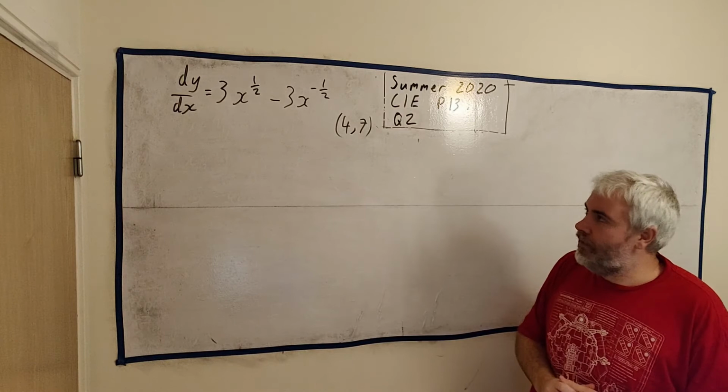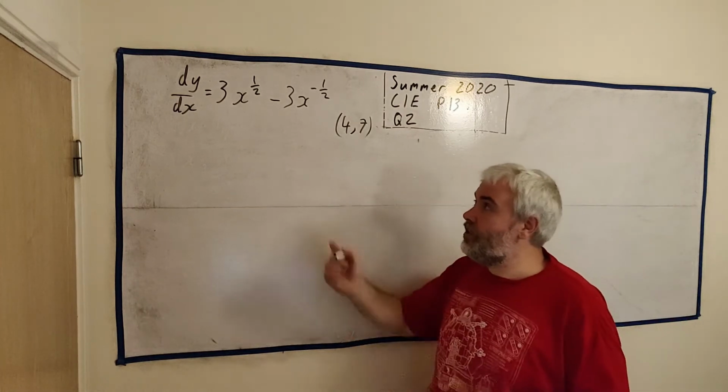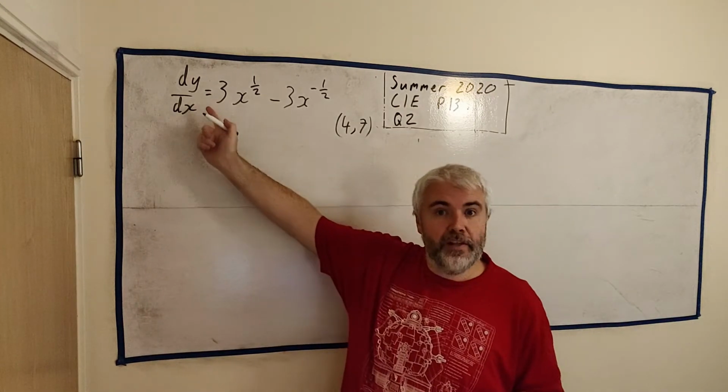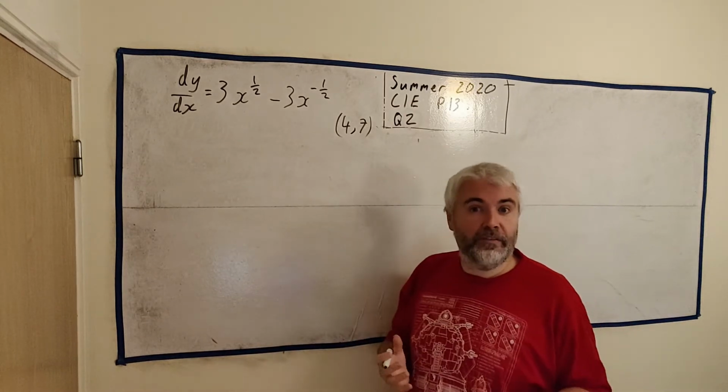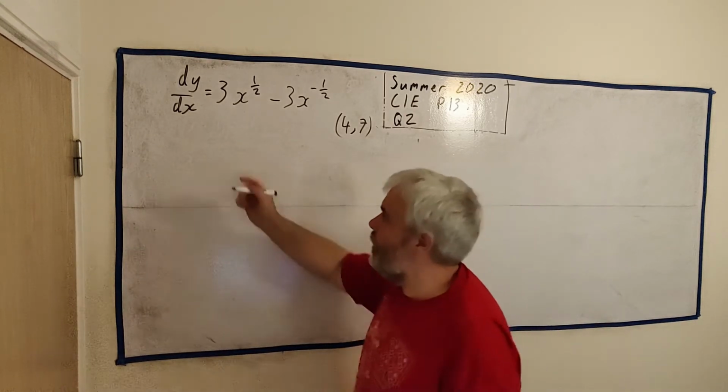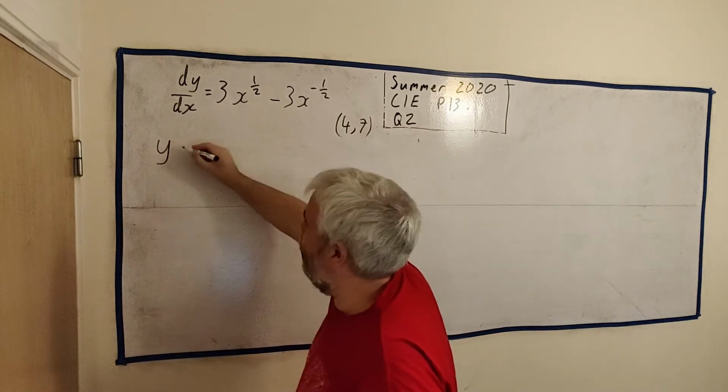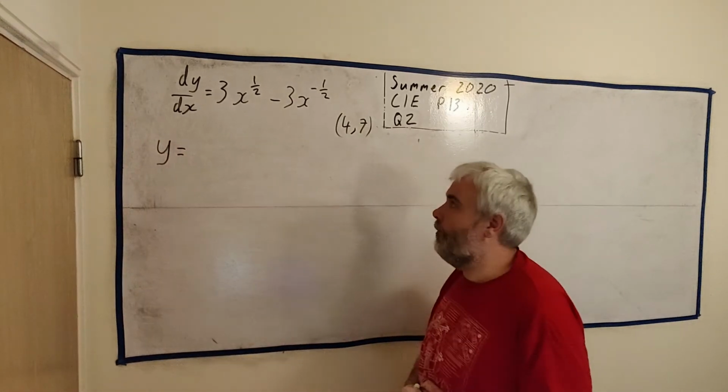How do we do that? Well, this is just integration. We just need to go backwards from differentiation to get to the curve. So we call that antiderivative, or we call it integration. So we can actually just write the answer down. y is equal to